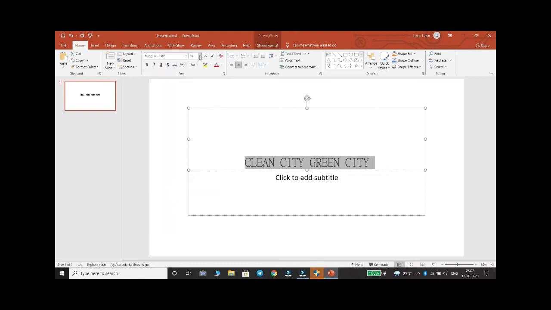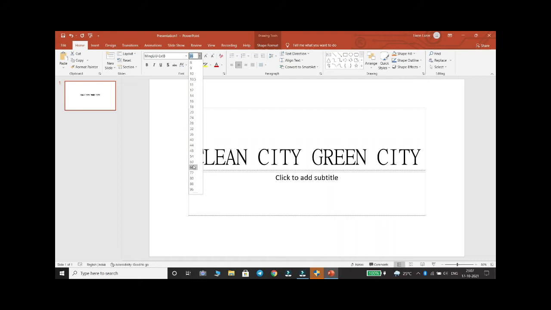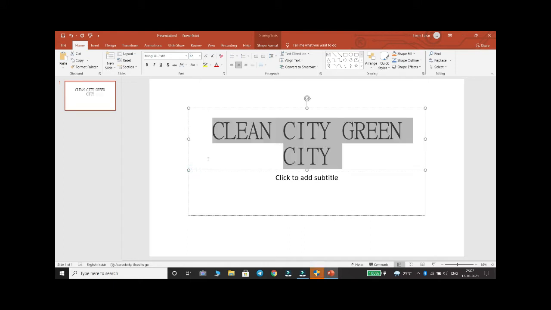Then the next drop down arrow is where you can set the size of the font. This is how we are changing the font and font size of the text.